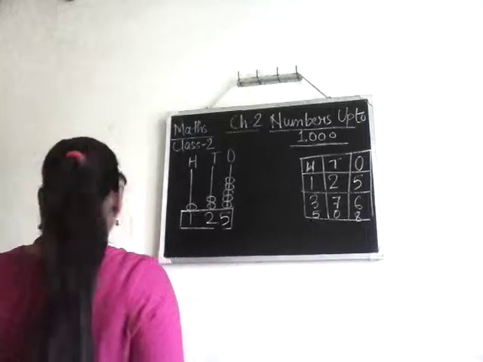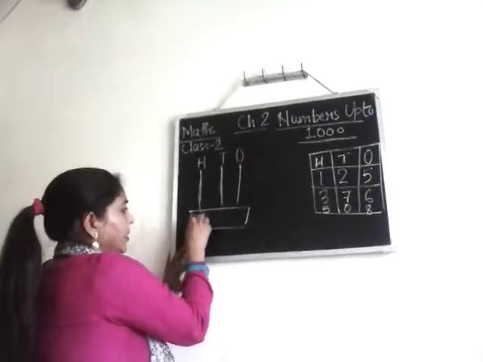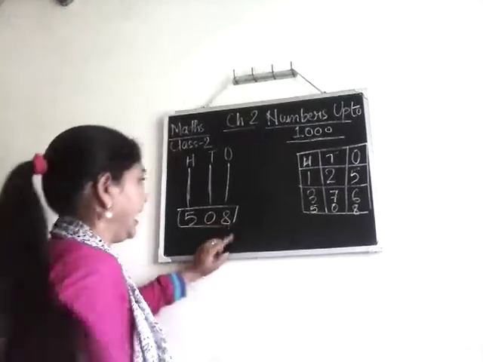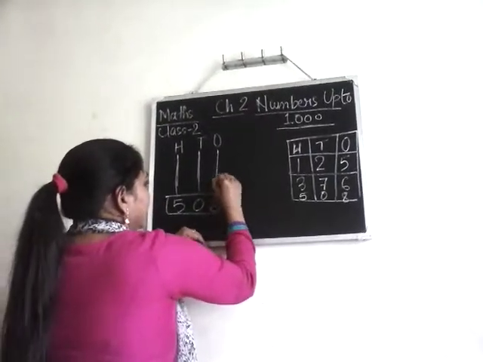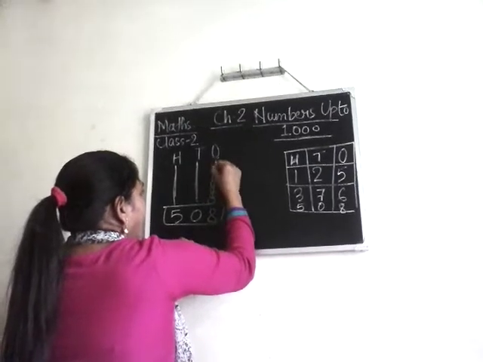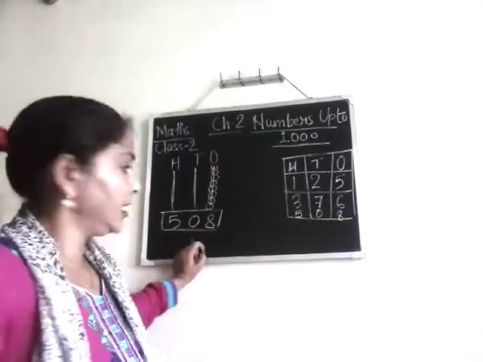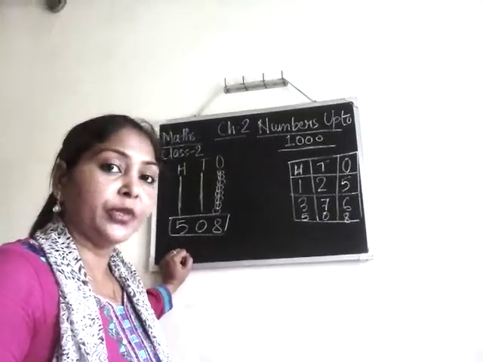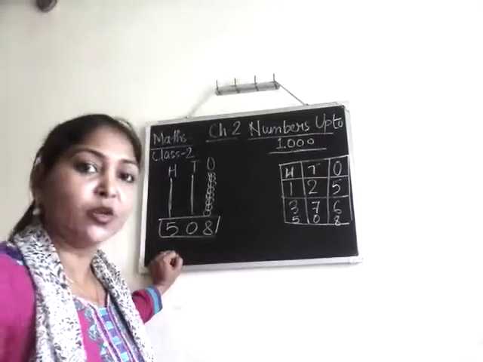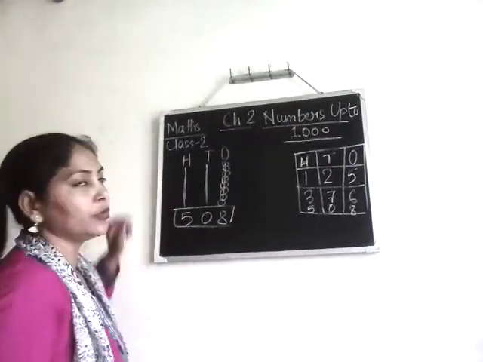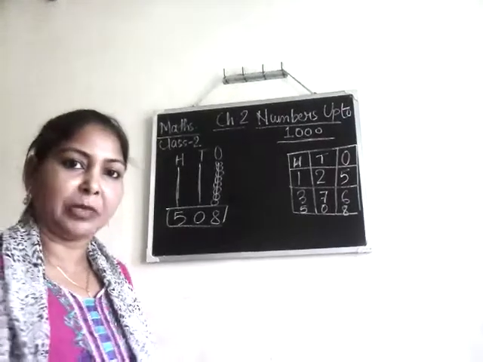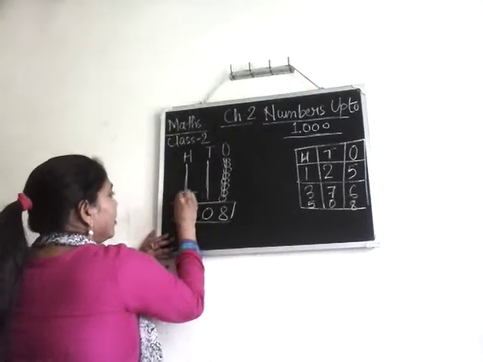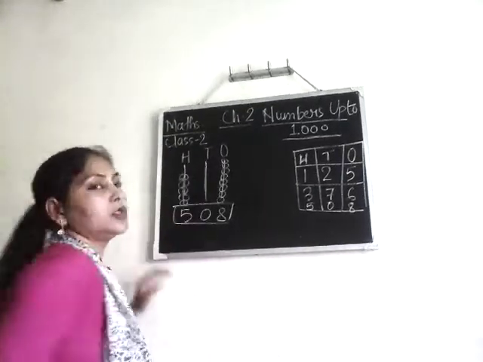Then we have one more number. Now see this number, how we will represent it. See, in the ones place there is 8, so we will draw 8 small circles. Then in the tens place 0 is there. So how many circles are we going to draw? What do you think? There will be no circles. 0 means nothing, isn't it? Then we will move to the next place value, that is the hundreds place. In the hundreds place, what is the number? 5. That means we will draw 5 circles.